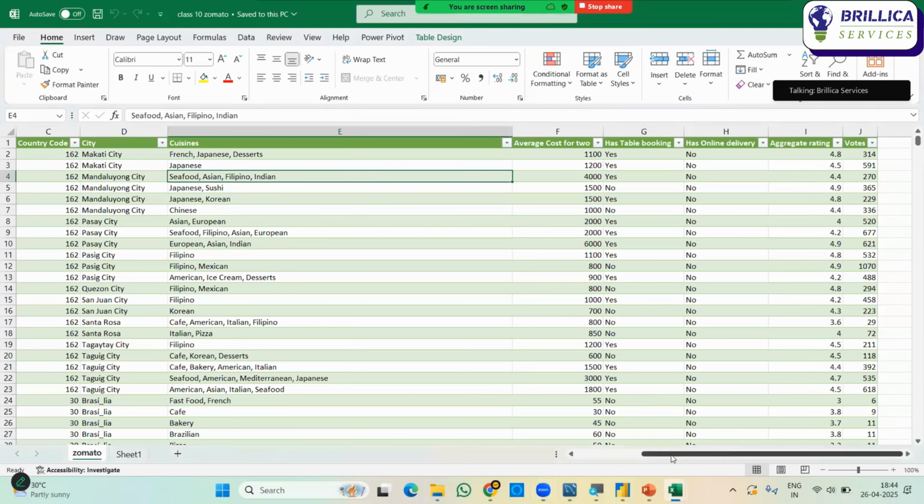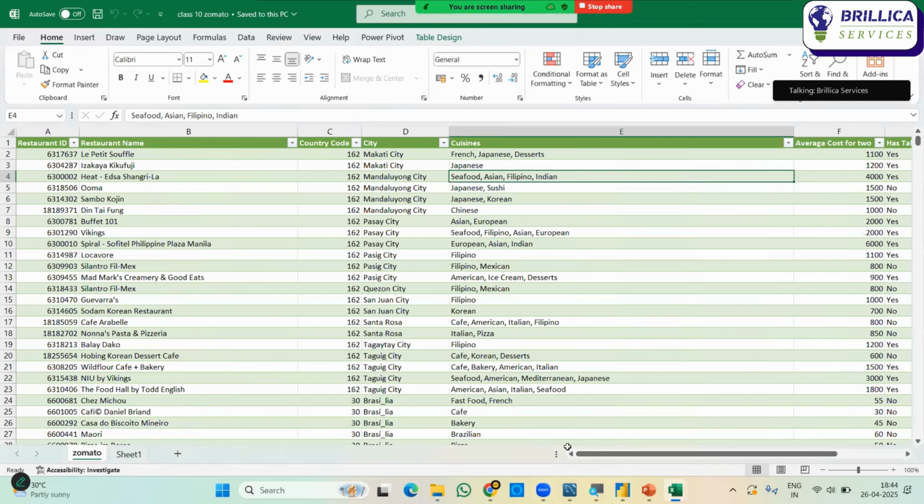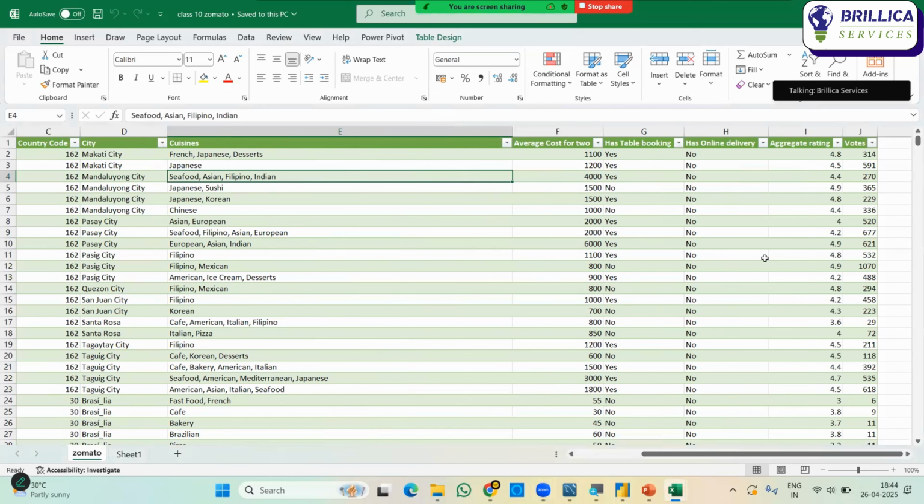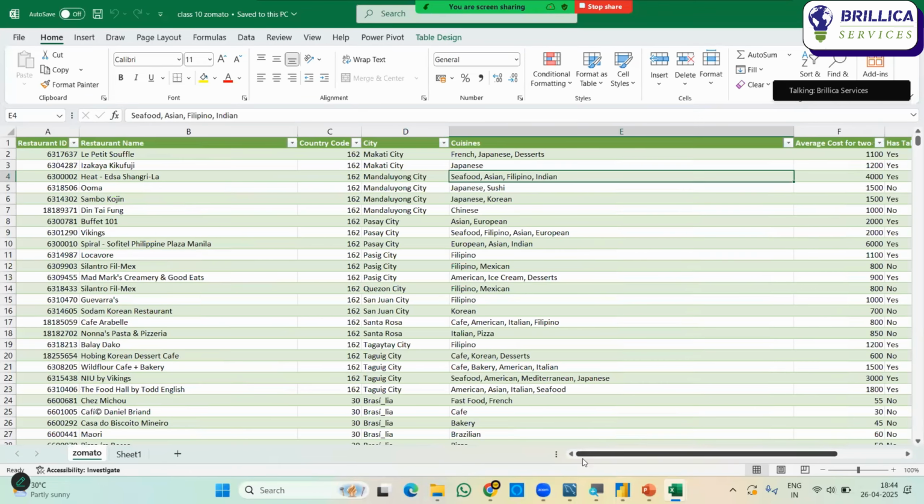ओके। तो अभी हमने ये कॉलम की एक बेसिक अंडरस्टैंडिंग देखी कि हमारे पास क्या क्या है। रेस्टोरेंट आईडी है, रेस्टोरेंट नेम है, कंट्री कोड, सिटीज, कुजीन्स अवेलेबल है, ऑलमोस्ट एवरेज कॉस्ट हमारे पास अवेलेबल है, टेबल बुकिंग का आइडिया, ऑनलाइन डिलीवरी का आइडिया हमारे पास अवेलेबल है, एग्रीगेट रेटिंग एंड वोट्स भी है अवेलेबल। नाउ लेट्स कम टू द पॉइंट कि आप इनसे इंसाइट्स क्या निकाल सकते हो, व्हाट यू कैन गेट फ्रॉम दीज डेटा, और यू कैन से फ्रॉम दीज कॉलम्स।